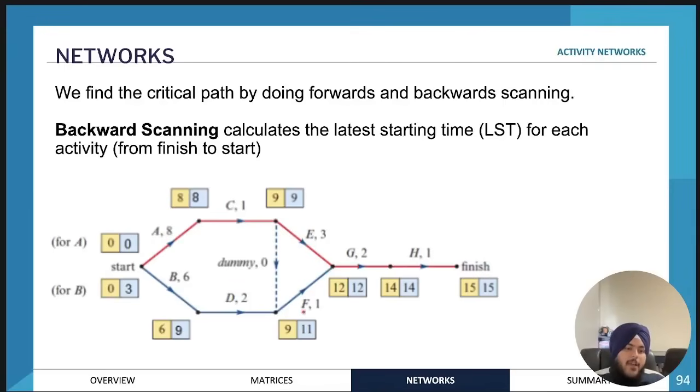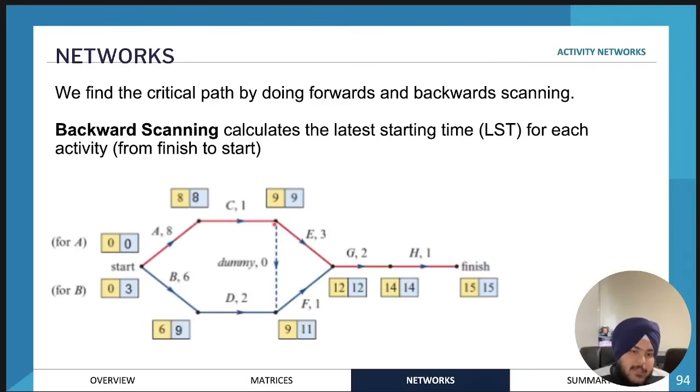Out of F or E, you choose the one which has the lowest latest starting time. Since E has the lowest latest starting time, you will use this to work out the latest starting time for activity C. It's just a little bit of a problem that some students might get into. Okay, so therefore this will be 8, and then if we subtract 8, it will be 0. So that's essentially